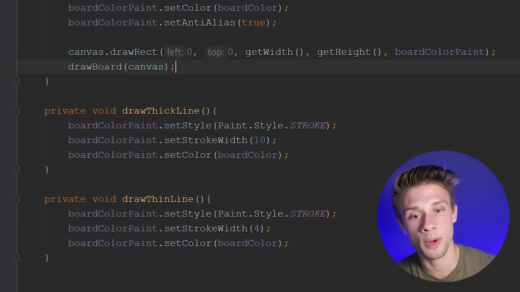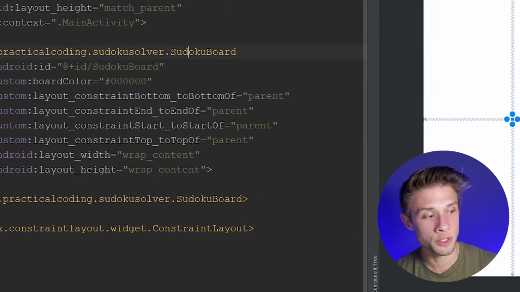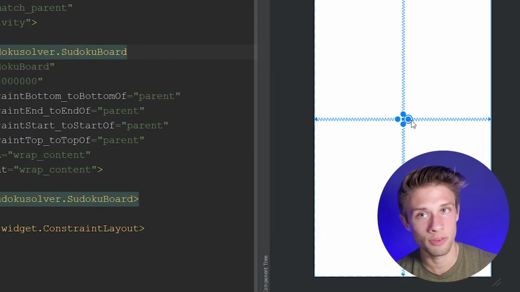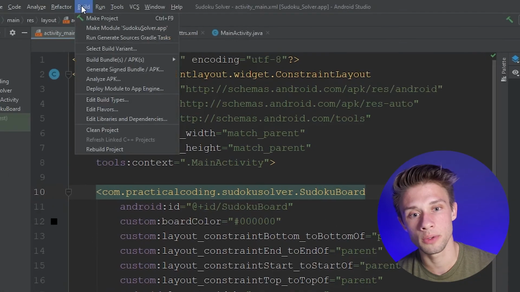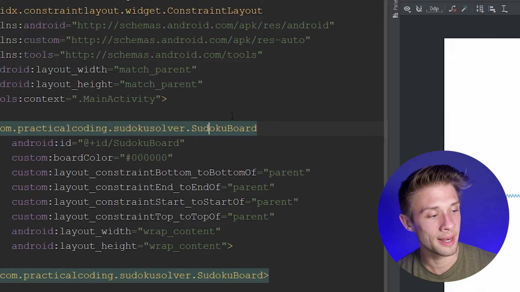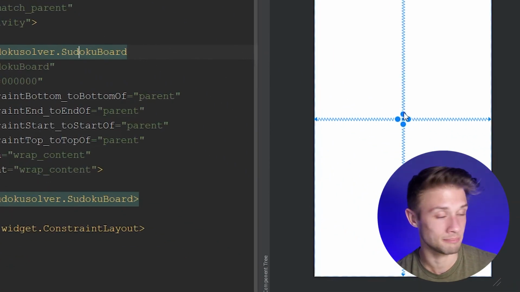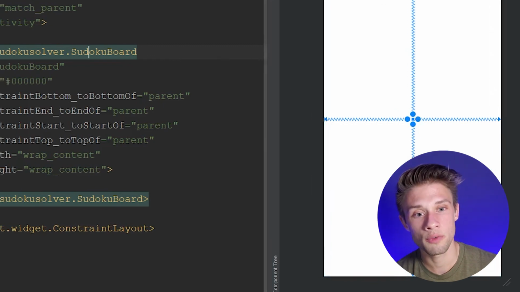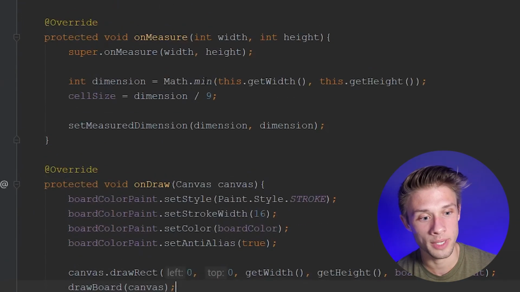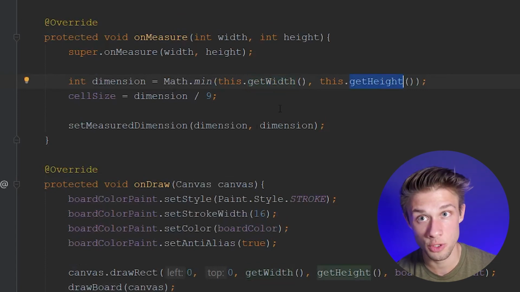And then if we come over to our activity_main.xml, click on the Sudoku board and you'll see that we have nothing drawn there. That's because we need to actually come up to build and then make project. Now, if this doesn't work for you, like it didn't work for me, we need to go back over to our SudokuBoard.java file and we need to actually change getWidth and getHeight to getMeasuredWidth and